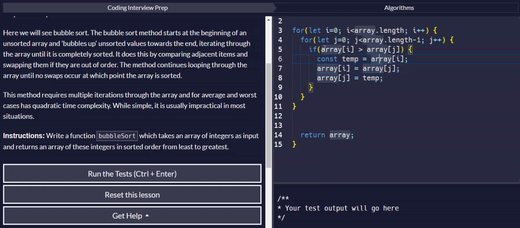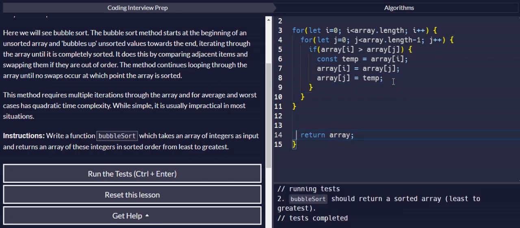So here you can see that I have declared a variable named temp, and I have assigned the value of array index i, and array i is equal to array j, and array j is equal to temp. So the values of array i and array j are being replaced using this variable. You can use other methods, but I have kept this one simple so that everyone can understand what we are doing here. So now what we're going to do,